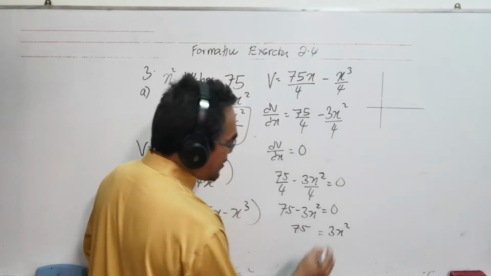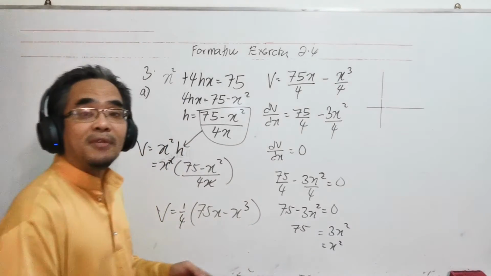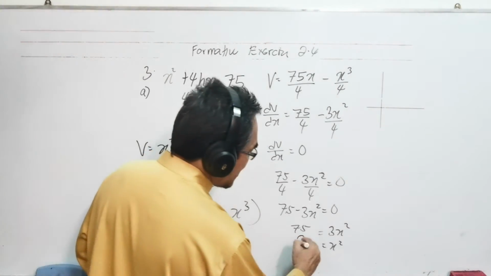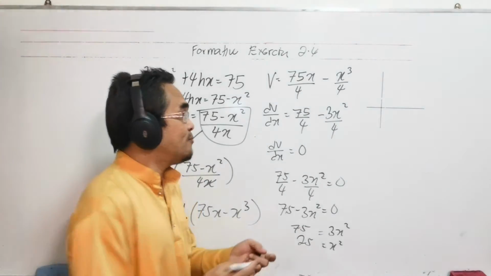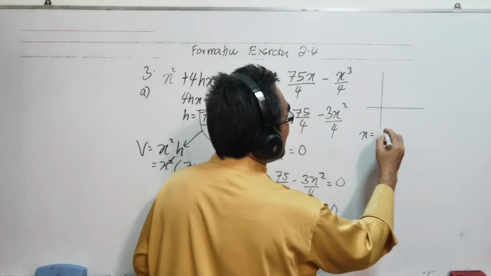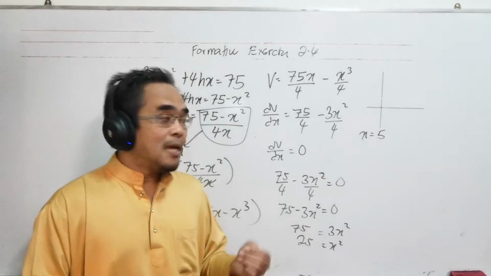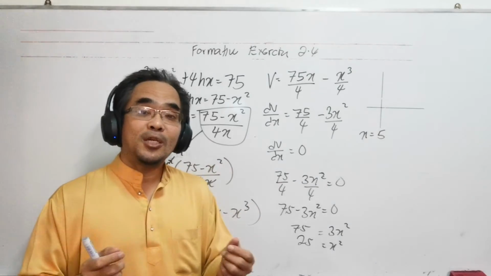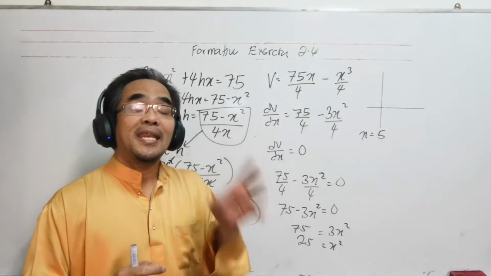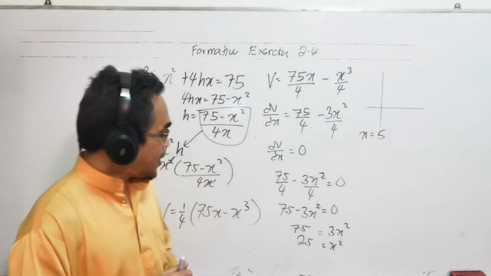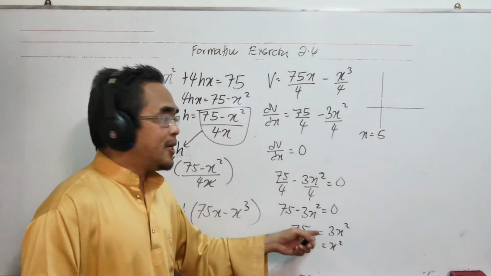So I have 75 here, then divide by 3. So x squared will be 75 divided by 3, which is 25. If x squared equals 25, then x will be the square root of 25, which is 5. Why in this case do we not use the plus minus? Because we are talking about measurement. The value of x is impossible to become negative 5. No such thing. So we take x as 5, and then we have to prove, for 1 mark,